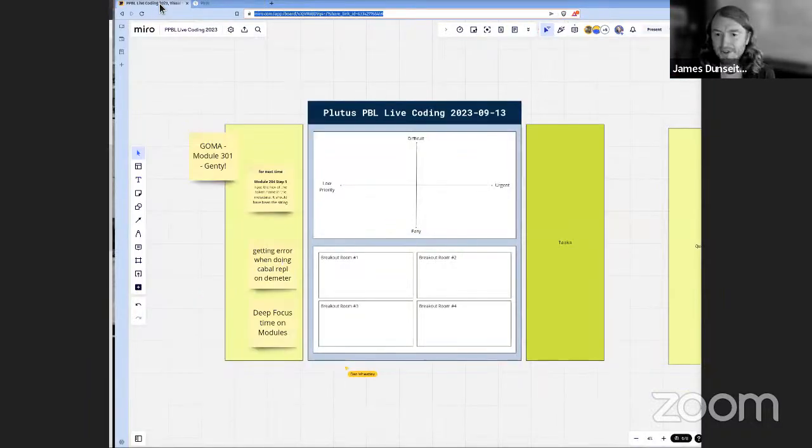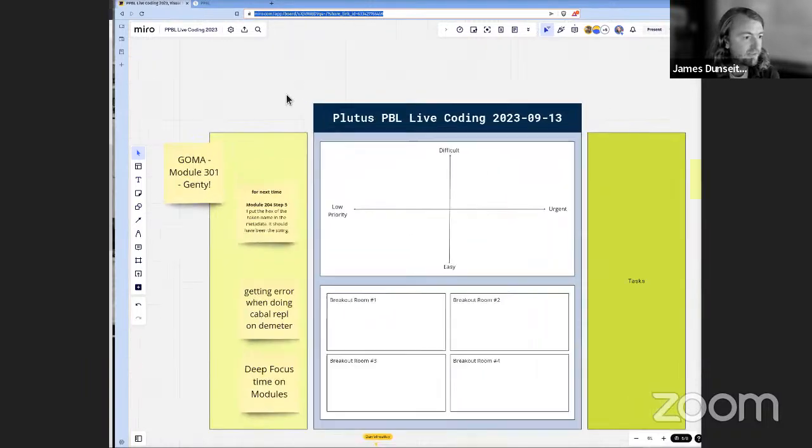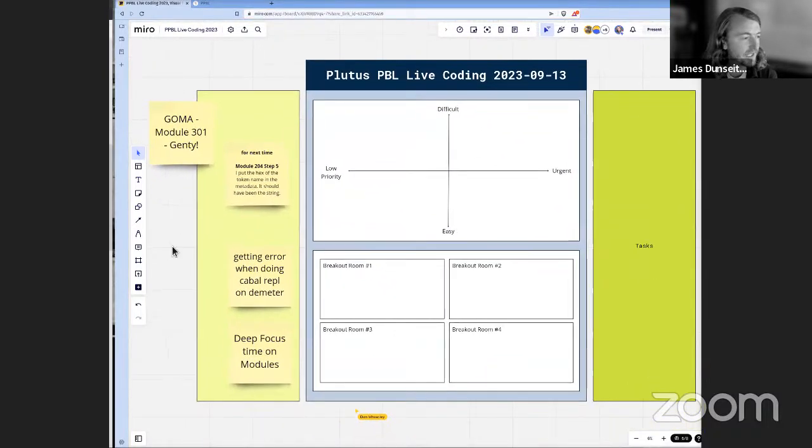But what's everybody up to right now? The way we start these sessions, if anybody's new here, is we all have a chance just to share what we've been working on. If you've been successful on something and want to celebrate, or if you have a question about something and want to ask it, that's how we start each of these meetings. So what's up, everybody? How you doing?